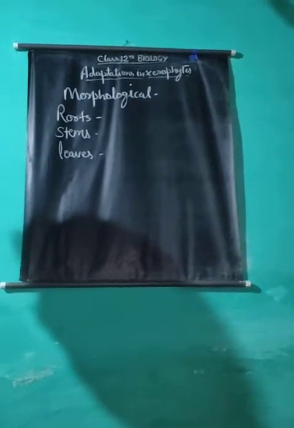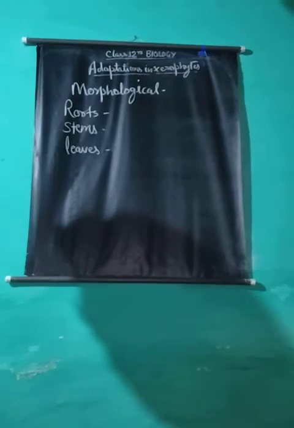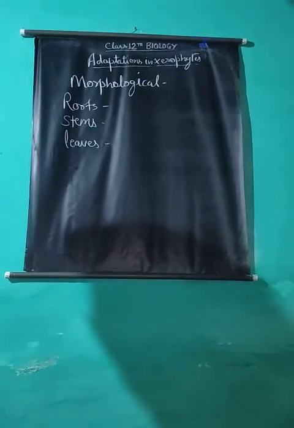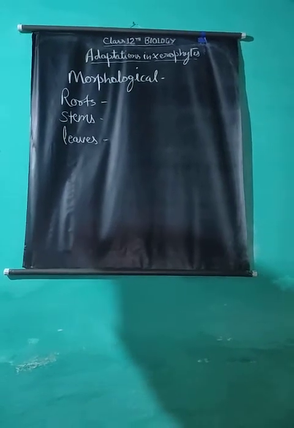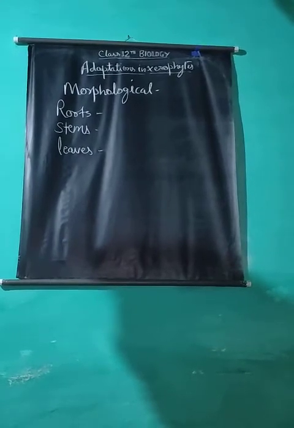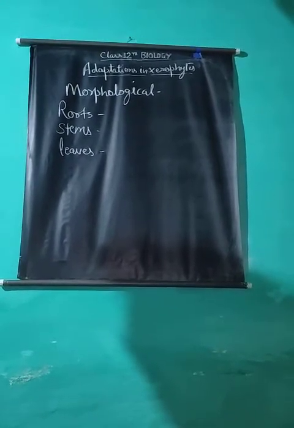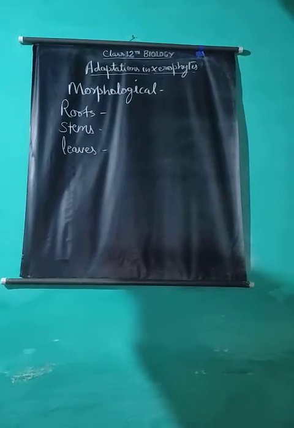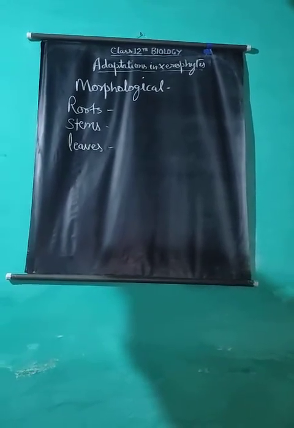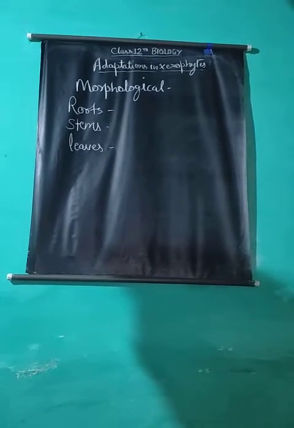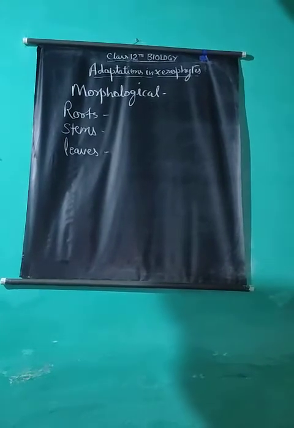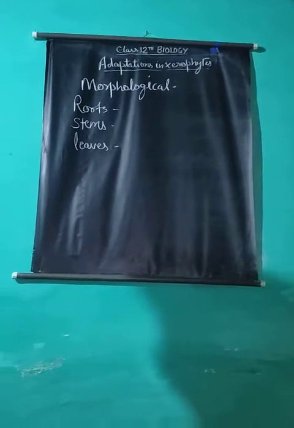Leaves of some xerophytes may be reduced to spines, for example, Opuntia, asparagus, etc., or scales, as in Casuarina, or become needle-like, as in Pinus, Cedrus, etc., which greatly reduce the rate of transpiration. Leaves of some grasses roll upwards and close their stomata that are present on the upper surface, and thereby reduce the rate of transpiration and protect the plant from water loss.